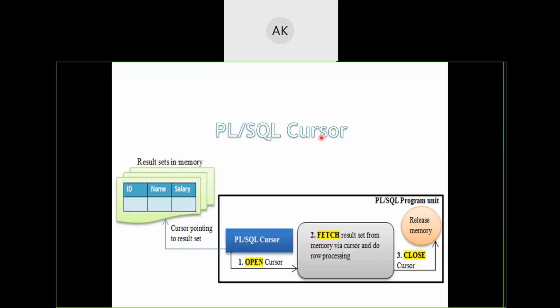If we want to use this cursor, then we have to perform certain tasks. First of all, we have to set a cursor to that memory location. To set the cursor to that memory location, we have to create or define a cursor using the select command. Whatever I have said, select name, pin, total from student, that select statement should be written while creating a cursor. Once the cursor is created, we can open the cursor